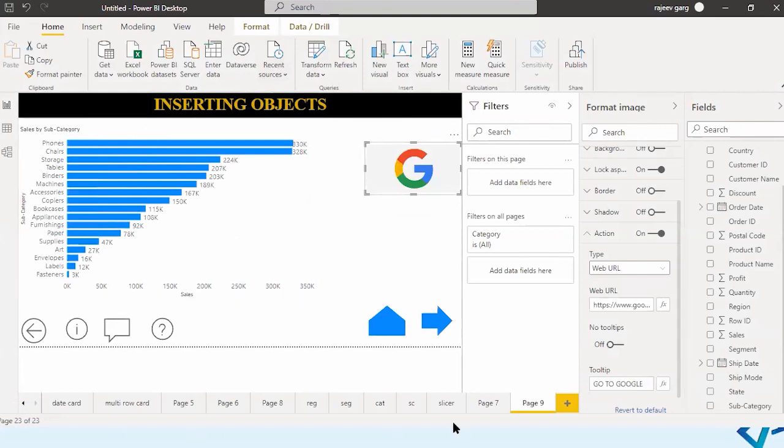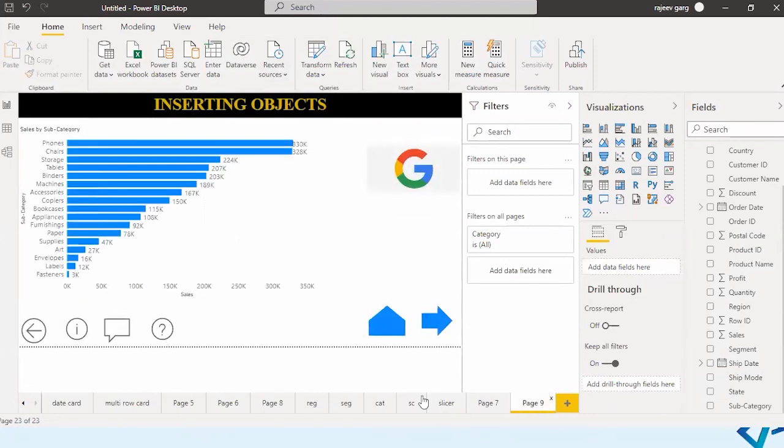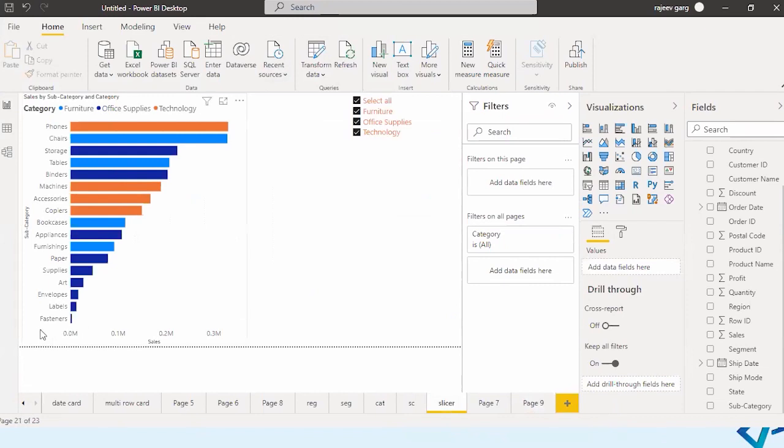Then let me go to this page slicer. I will go back to this page, and this is a back button. I haven't done anything on it. It comes with a predefined action. If you do a control click, it will take you to the previous page. The back button will take you to the previous page.